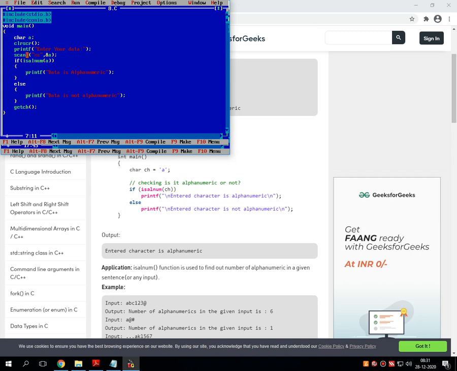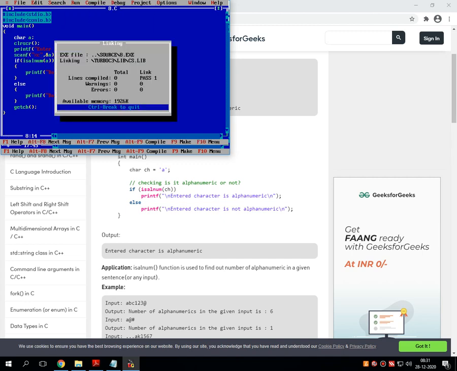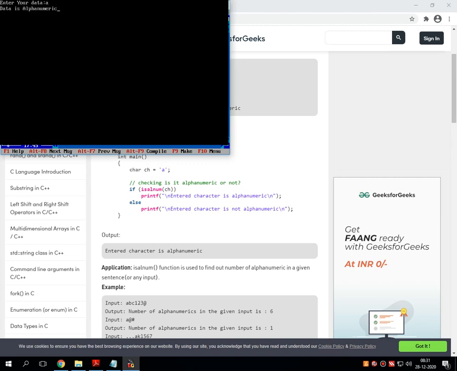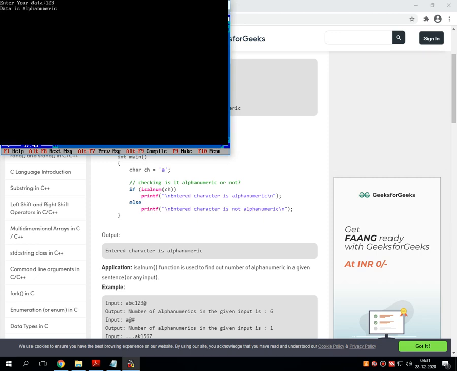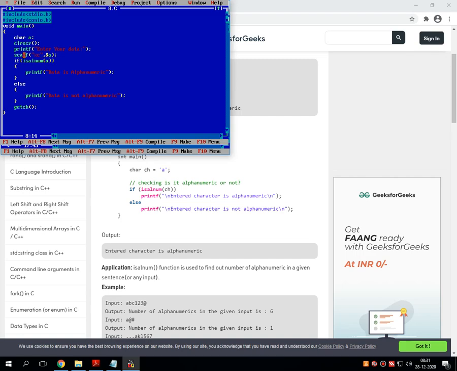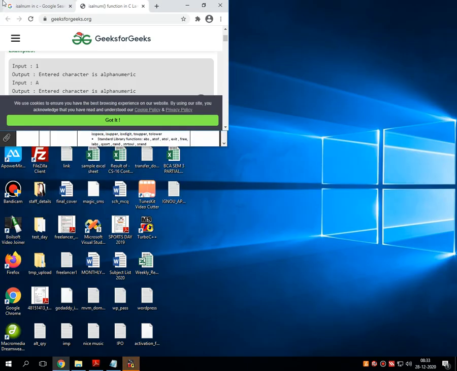Let's enter a single character only, percentage C. Now let's check whether it works or not. A is alphanumeric, and suppose I am entering 1 2 3. Let's see.